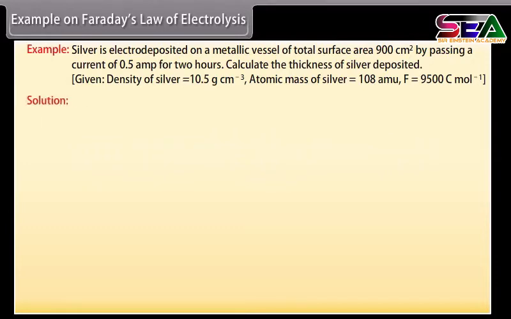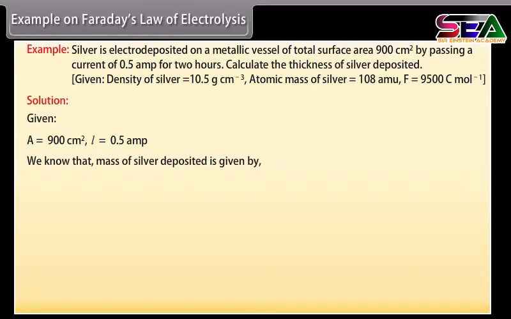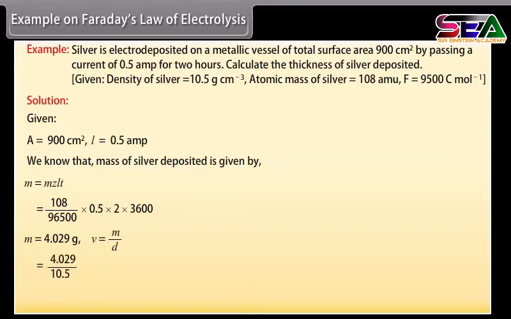Let's see the solution. Here the given values are A = 900 cm², I = 0.5 ampere. We know that the mass of silver deposited is given by m = ZIt. By putting the values, we get m = 4.029 gram. We know that V = m/d. By putting the values, we get V =